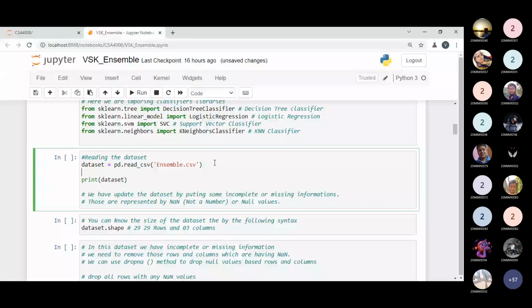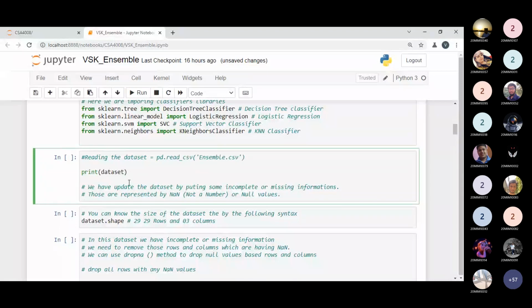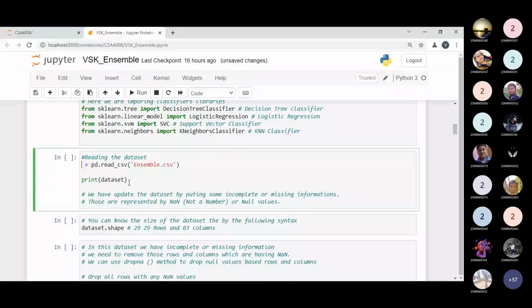By applying the read_csv method, we read our CSV formatted file in which our data is stored in the form of height, weight, and t-shirt size, if you remember that part. Now I am printing the data set. Data set is the name of the variable, but if you want to update it, you can write it like this, as ds.